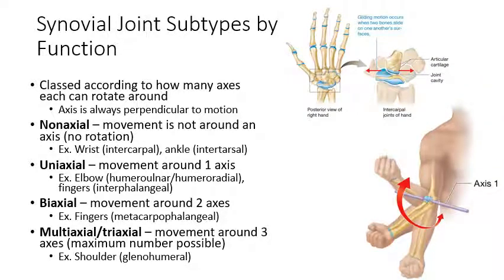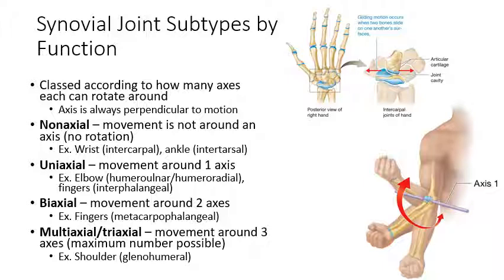So now we'll get into the actual types of synovial joints. Just like for joints overall, they're classified functionally and also structurally. Same thing for synovial joints. So for joints or articulations as a whole, you have the functional classifications, the synarthrosis, the amphiarthrosis, the diarthrosis. You also have the structural classifications, the fibrous joints, the cartilaginous joints, the synovial joints. For synovial joints,